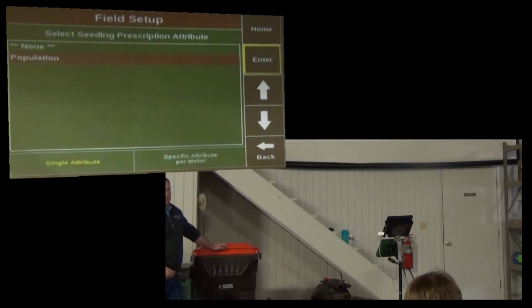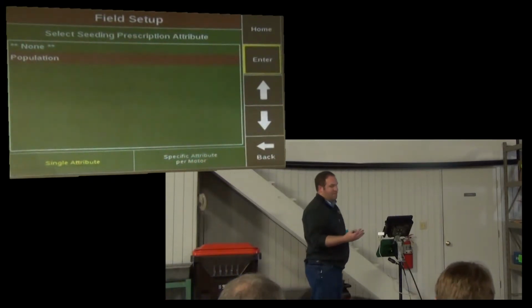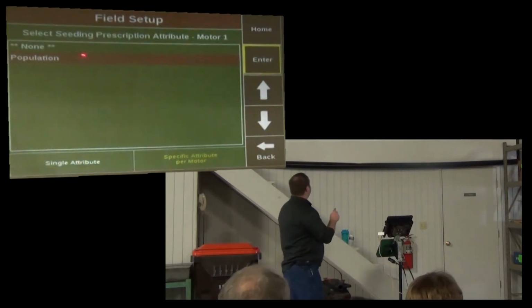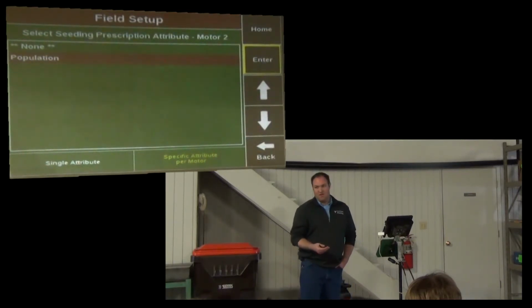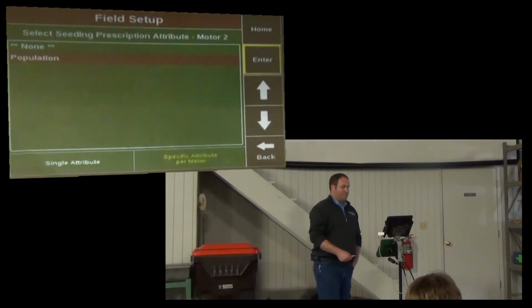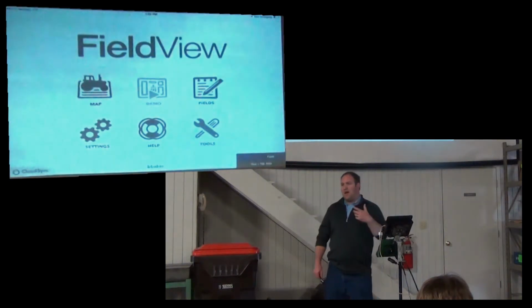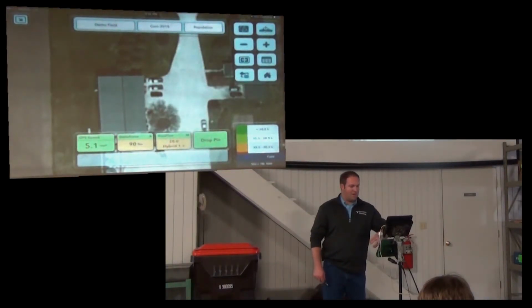You can make prescriptions with multiple attributes. So if I made one for one hybrid, one for another, one for male rows, one for female, whatever it might be, I could select a specific attribute per motor, or I think it's per drive section, it would say, with V drive. Motor 1, I'm going to select, say, population. Motor 2, if I had another attribute, I could select for motor 2. I'll show you quick how you would tell if you have multiple attributes. I've got a prescription on here that I'm not able to get to the